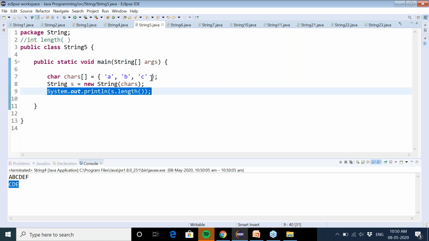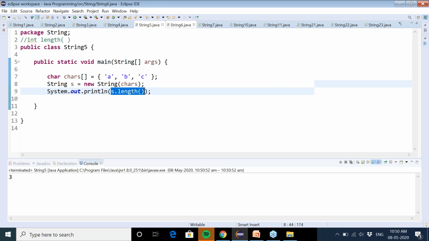The next program shows that you can build the string using this expression also. You directly assign a string literal to s2, so the object will be created, and then we are printing s2, so you will get abc.